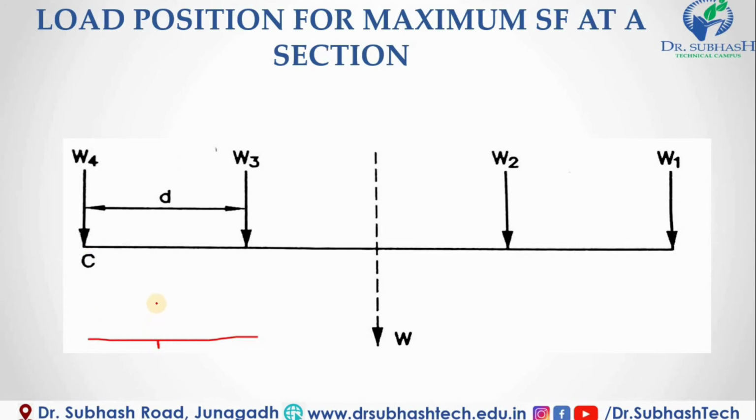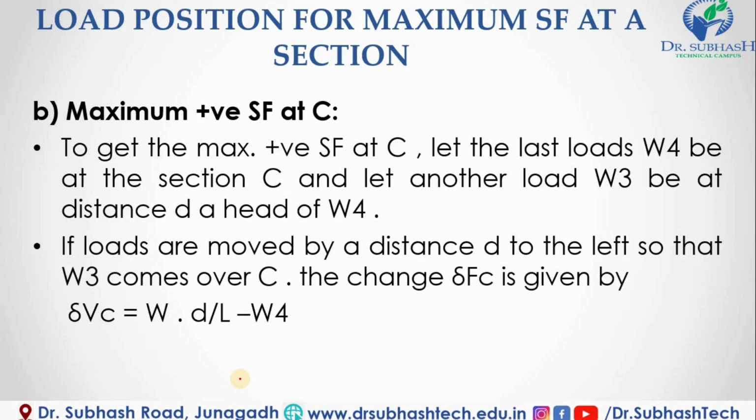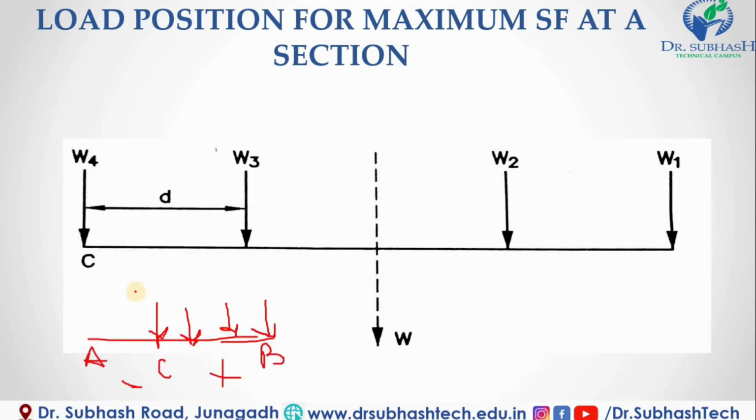This is the section start arrangement: the last load is on BC, and then the next load should be moved in the right hand direction of the section. This is portion C, this is portion B, and this is A. Now A to C is empty, meaning the left hand side of the section is empty, so there is no chance for negative shear force, you only get maximum positive shear force. Now let us get the maximum positive shear force at C. Let the last load W4 be at the section C. So please note down or draw both arrangements.